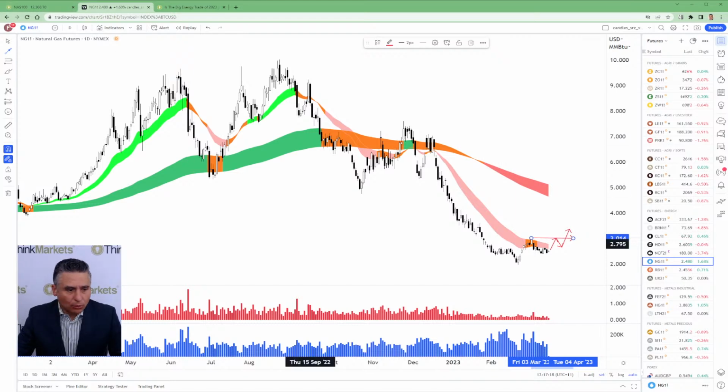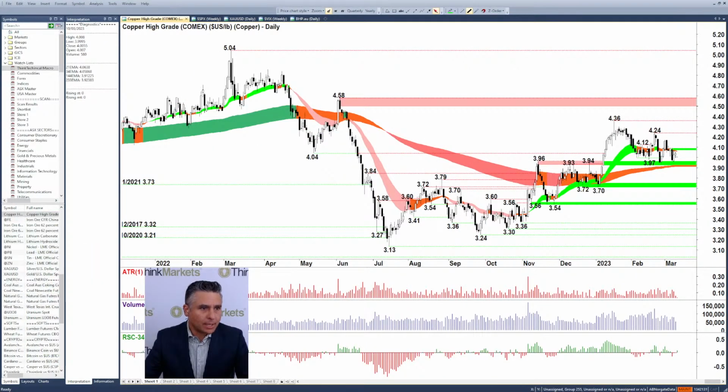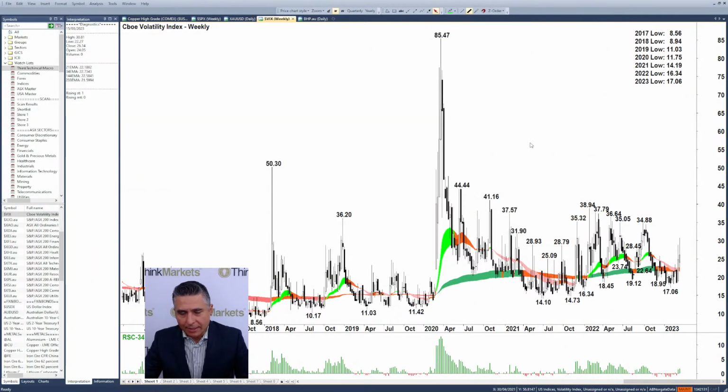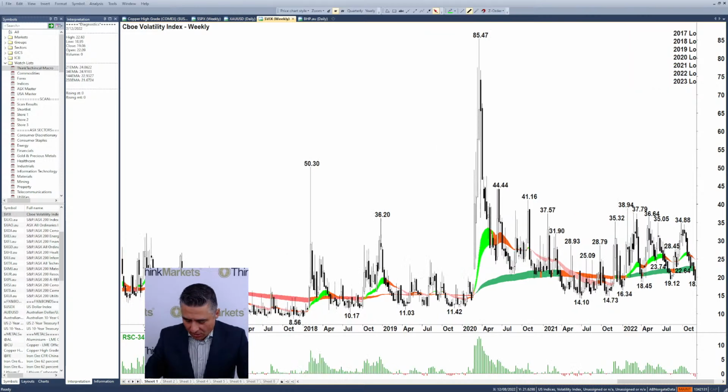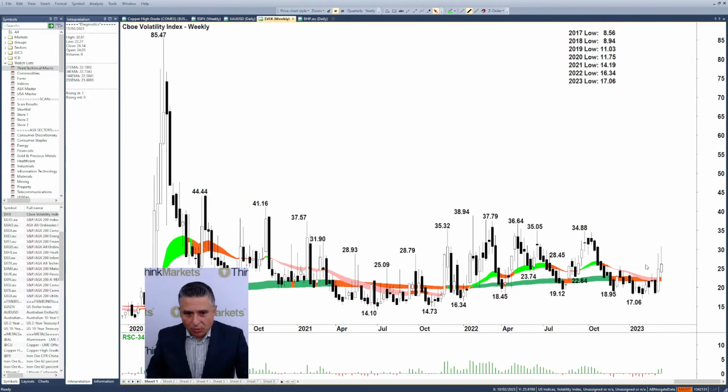Roberto's asking for a look at the VIX. So I'm going to head back here and head over here where my VIX lives. This is a weekly chart. I like to sort of zoom out a little bit on the VIX and see where it is based upon historical norms. And look, it's interesting to see that it is moving higher.